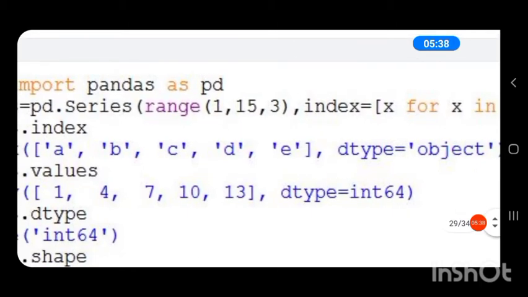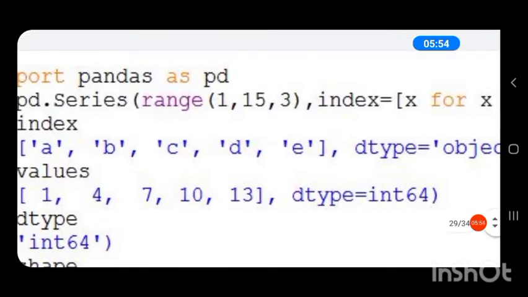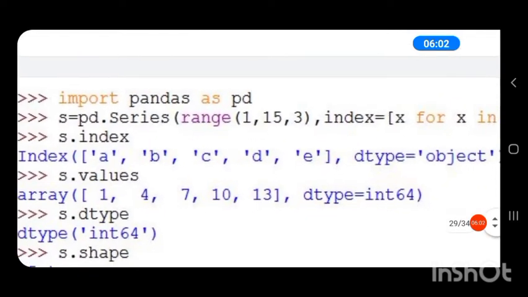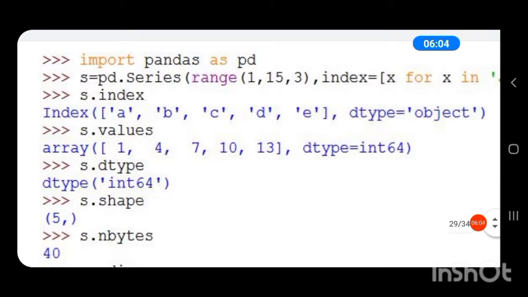So 1 plus 3 is 4, 4 plus 3 is 7, 7 plus 3 is 10, 10 plus 3 is 13. Again 13 plus 3 will result in 16, but we need not consider that value because stop is 15. So we consider up to 14. The data in series S is 1, 4, 7, 10, 13, and its corresponding index is A, B, C, D, E.